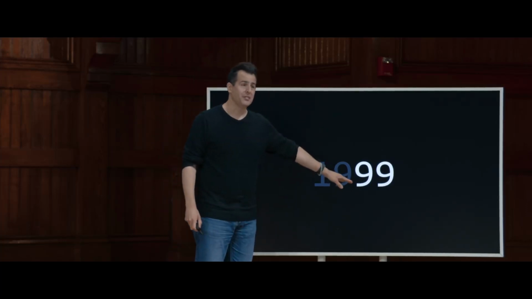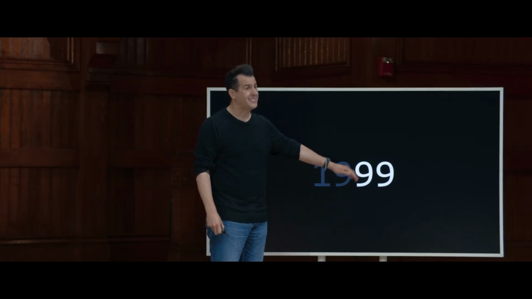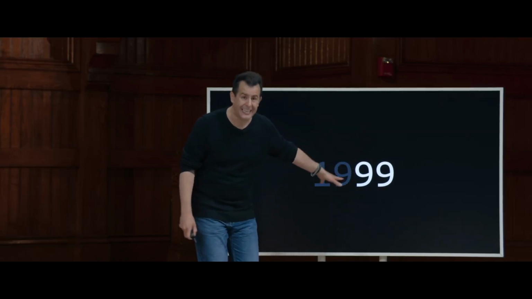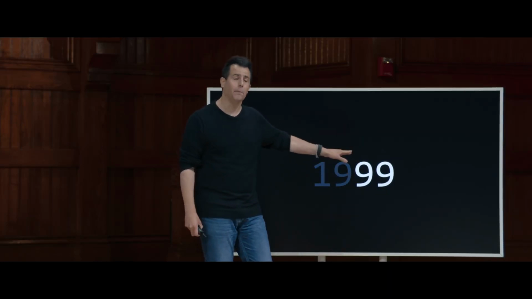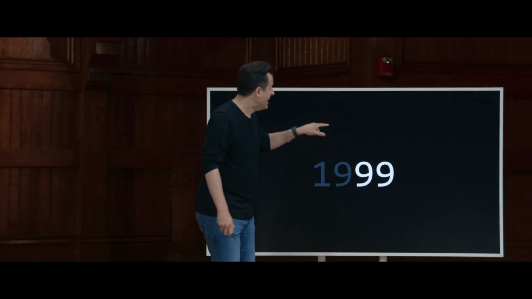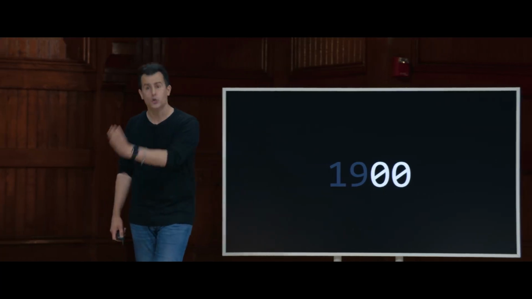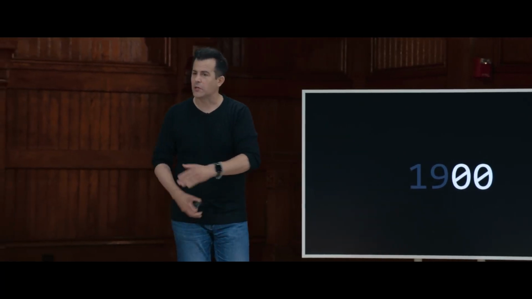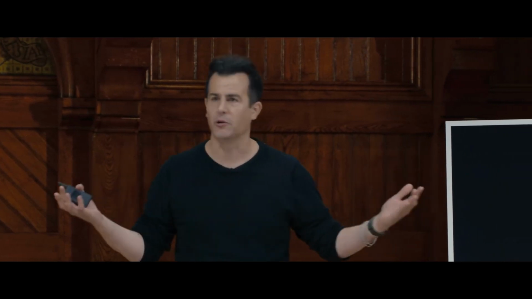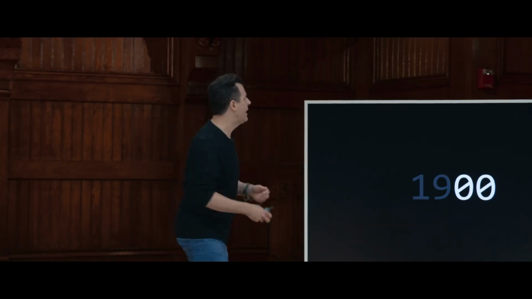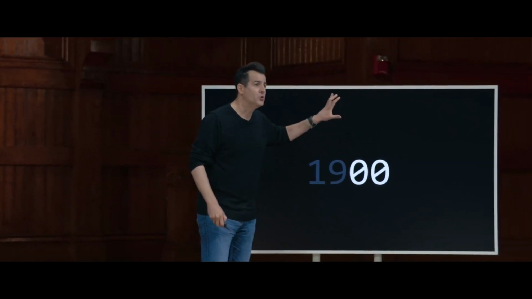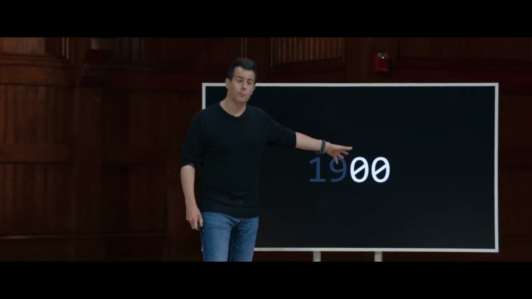The problem, though, of course, is that a lot of old software from the 70s and prior was still running in 1999, and unless companies or individuals updated that software, 1999 might be mistaken for the year 1900 instead of 2000, because all of the code just assumed that, of course, we're talking about the 1900s. This code's not going to be running 50 years later, but it was still in that case. So people had to scramble, and they essentially had to solve this by using more digits, so upgrading from 2